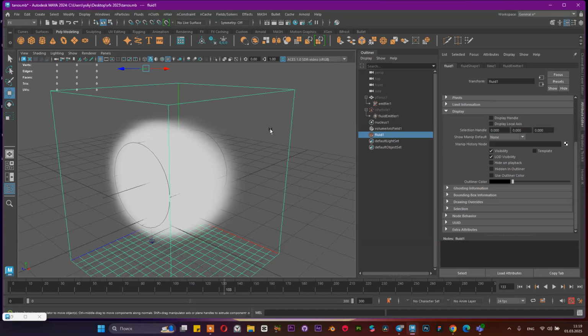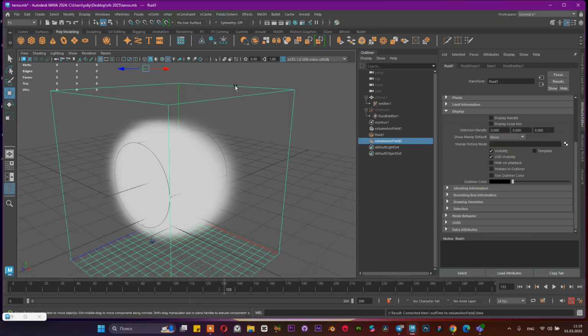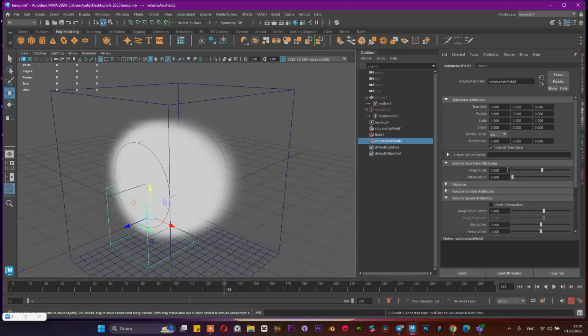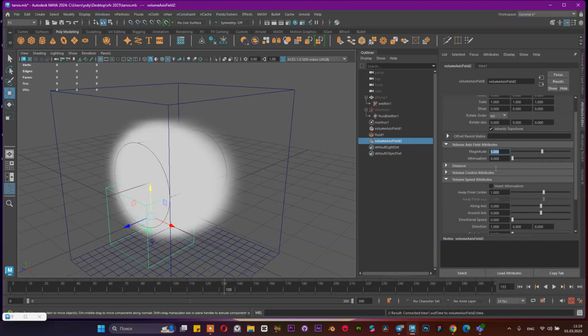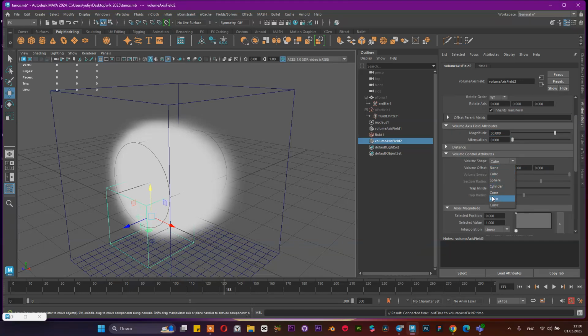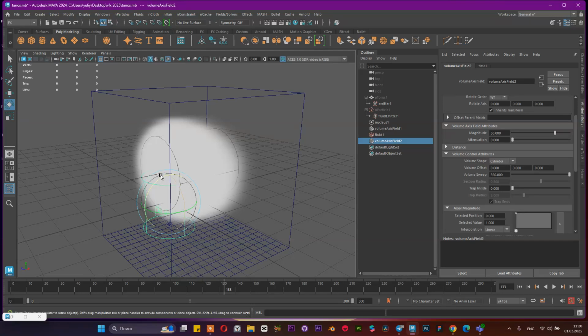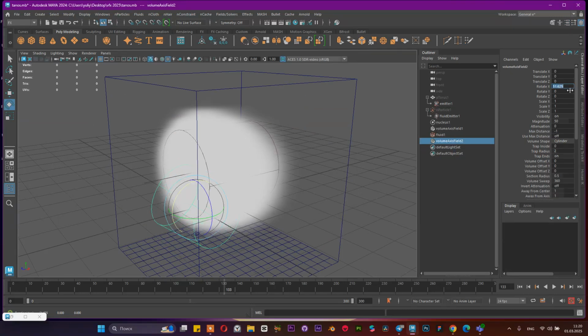For these fluids, we should create another volume axis field to get this tube effect. Let's create another volume axis field. And here we are going to use a magnitude around 50. Here we also should use some cylinder, with the same position as the previous one, let's rotate, let's increase